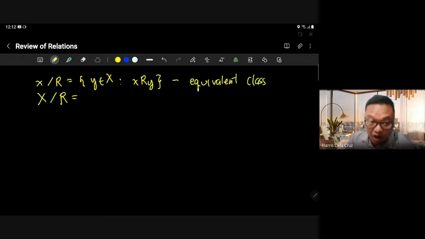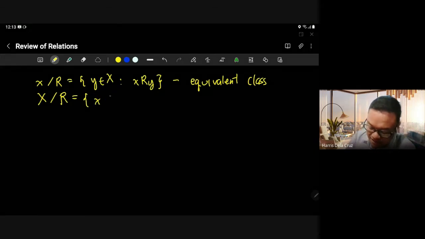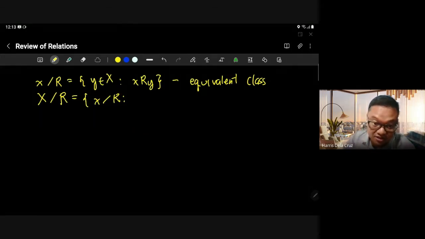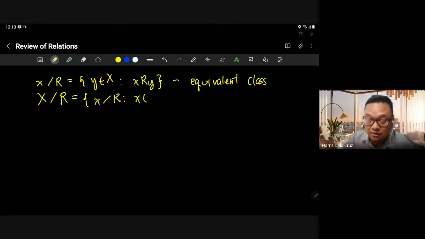This is dependent on R, ha? Kaya may over R. So, the quotient set of X by R is all the distinct equivalence classes, X element of the capital X. So, this is a quotient